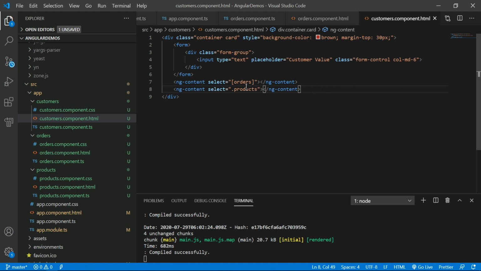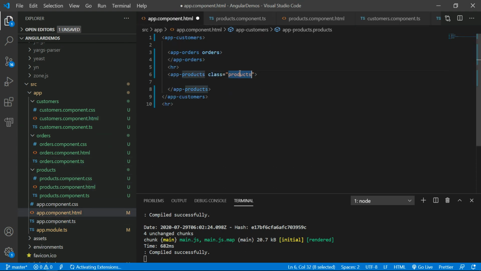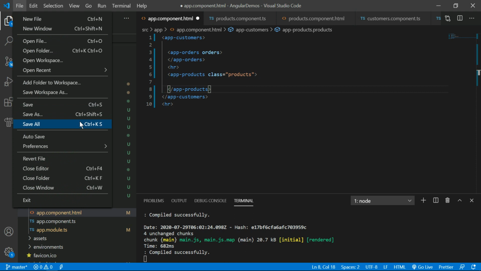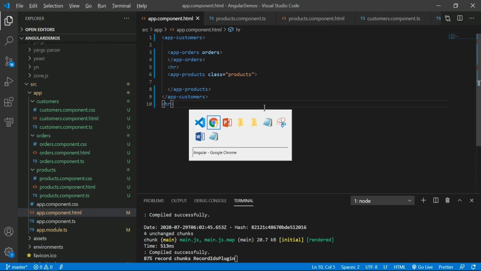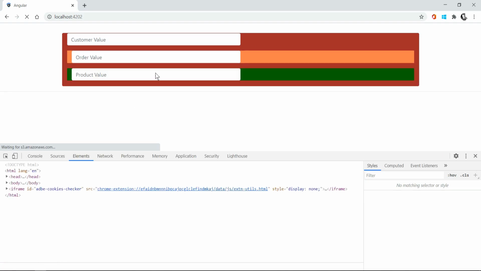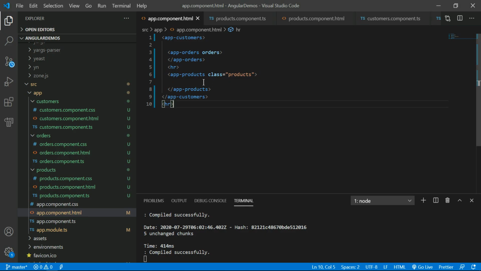This products selector checks which element contains the products class in the app.component.html. This contains the products class, so it executes the same way. You can see the same output.